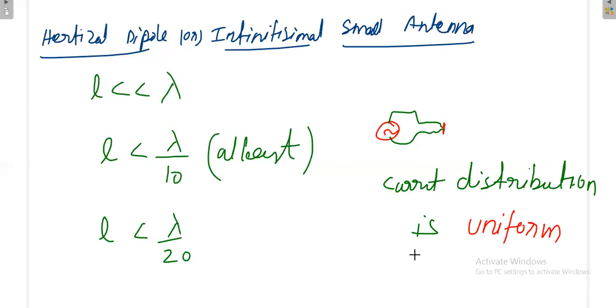It's very important. For all other antennas, the current distribution is sinusoidal. For the Hertzian dipole, we assume that the current distribution is uniform. But in reality, that is not uniform. But from a discussion point of view, we assume that the current distribution